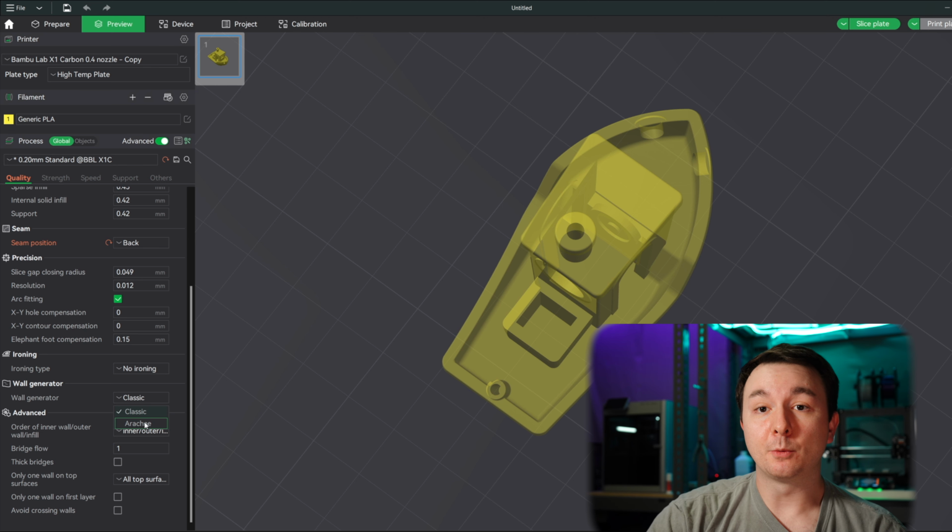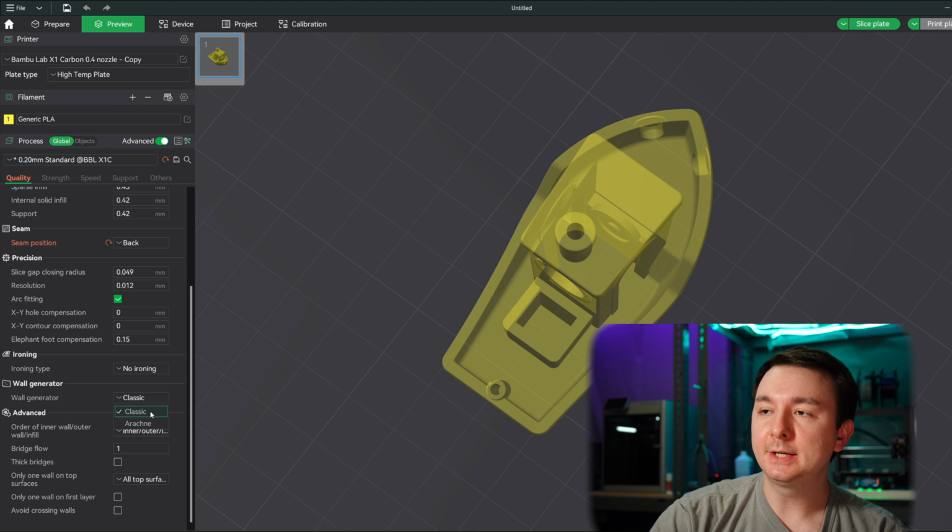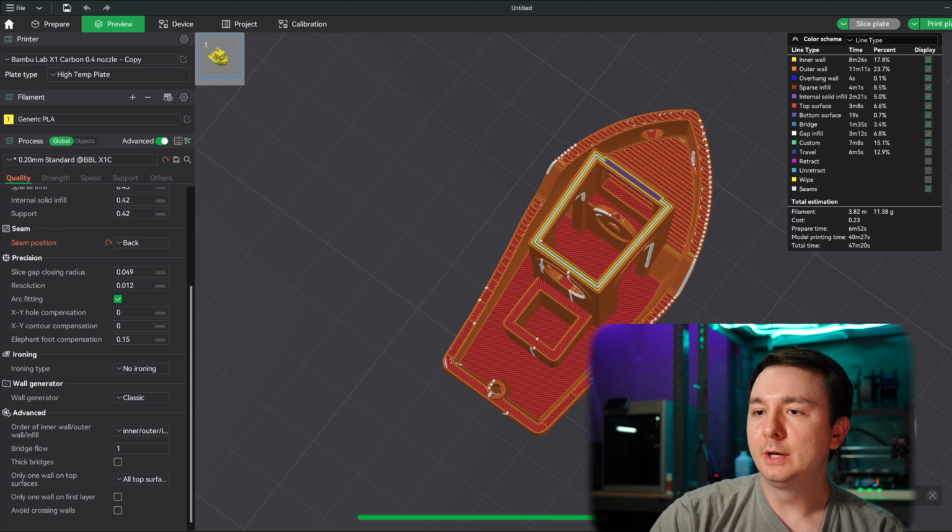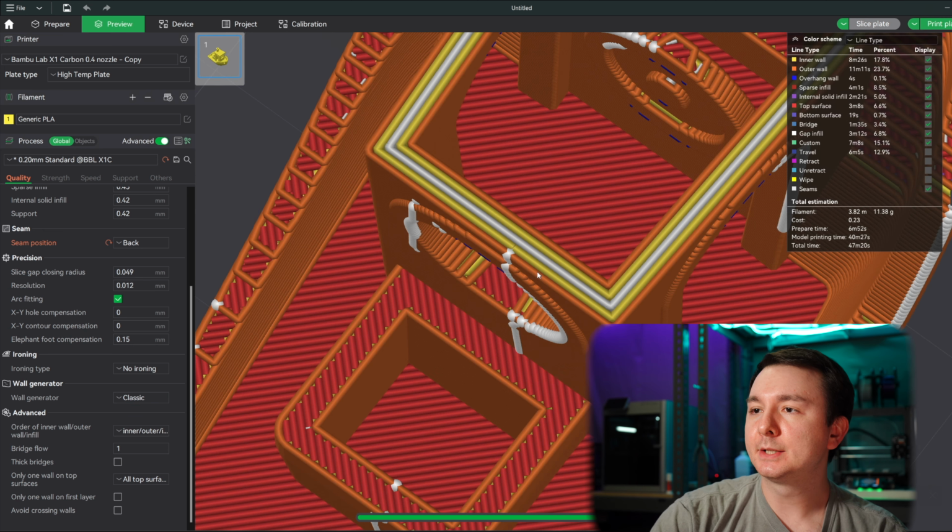Now, I'm not saying Classic won't hit the dimensions, but what the Classic will do is, if we slice this and we scroll down, you can see in sections like this, and if we look on the right, this is gap infill. So this thickness of the walls right here isn't quite exactly 1, 2, 3, 4, 5 walls. So it has to go back and fill this in with gap infill. I don't particularly like this gap infill. Usually it just makes things a mess. If we switch this to Arachne,